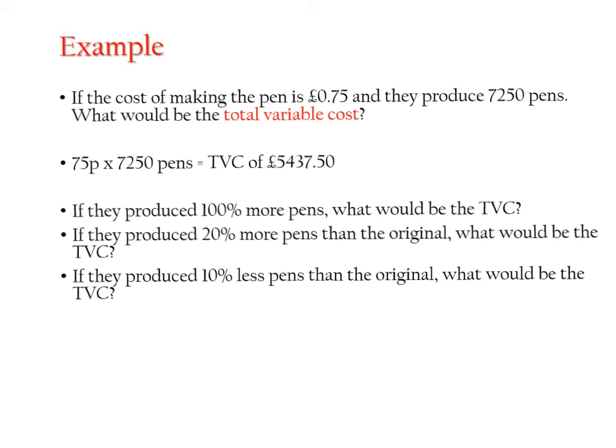You've got a pen that is being produced at 75p. So every time they produce a pen, it costs them 75p to produce. It might be the plastic involved, it might be the ink cartridges involved. However, this company specifically has produced 7,250 pens. So therefore, what you do is you get your units, 7,250, and you times it by 75p, so 0.75, and you get a total variable cost of £5,437.50. So even though it costs them 75p to make one pen, all the pens that they've produced is costing